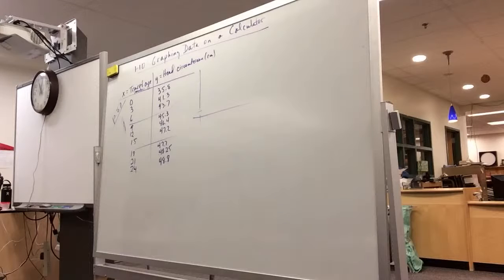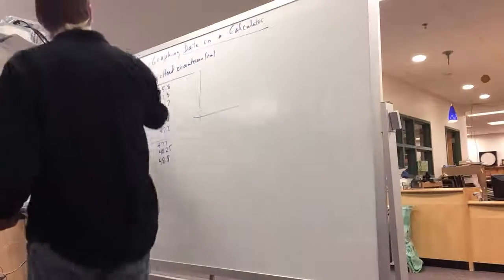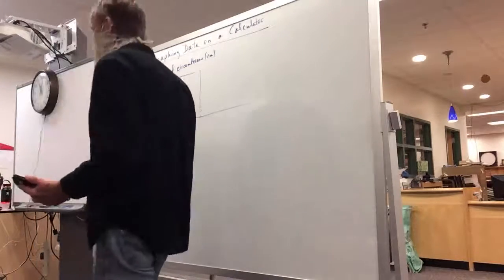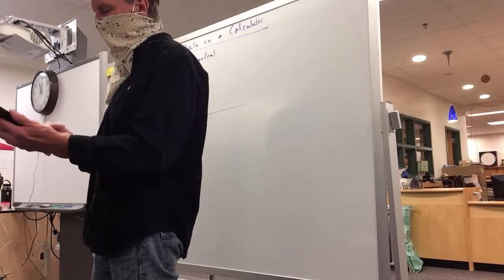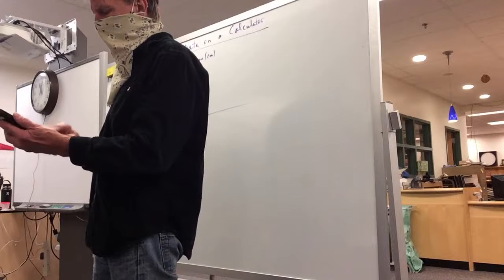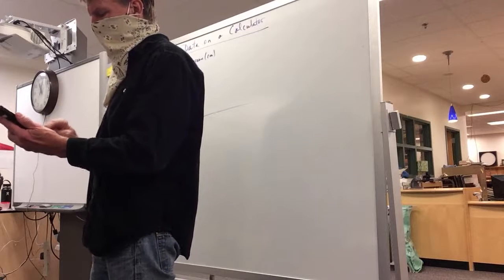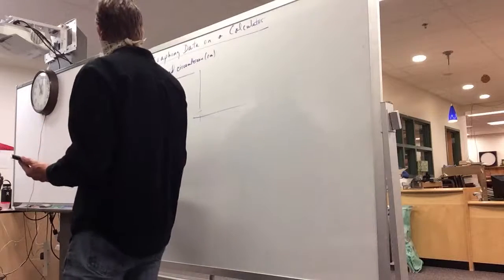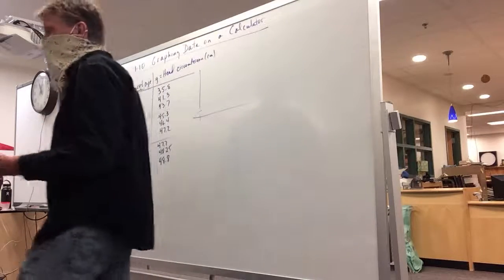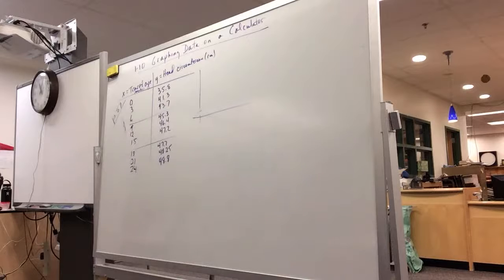Yeah, so you should have L1 and L2. I'd like you to work with L1 and L2 so we can at least all be talking about the same things. So go into L1 and enter 0, 3, 6, 9, 12, 15, all the way to 24. So 0, enter, 3, enter, keep doing that. All you do is hit 0, enter, and then each number, enter. And then look at them and make sure that you've got each number in there the way you want it.